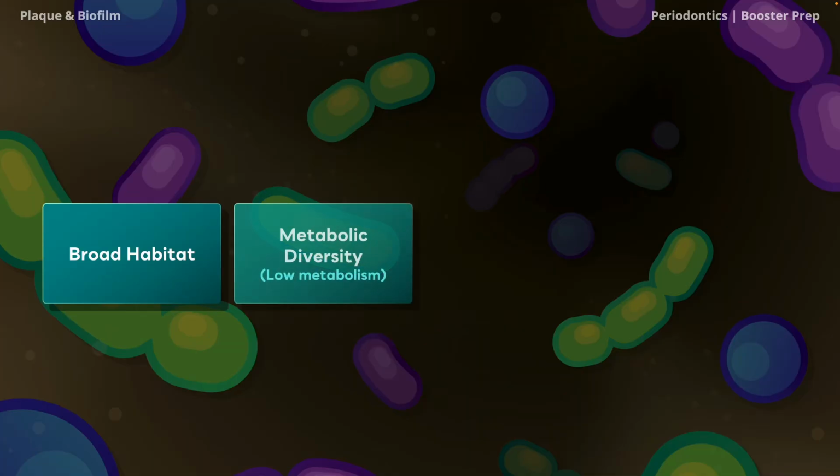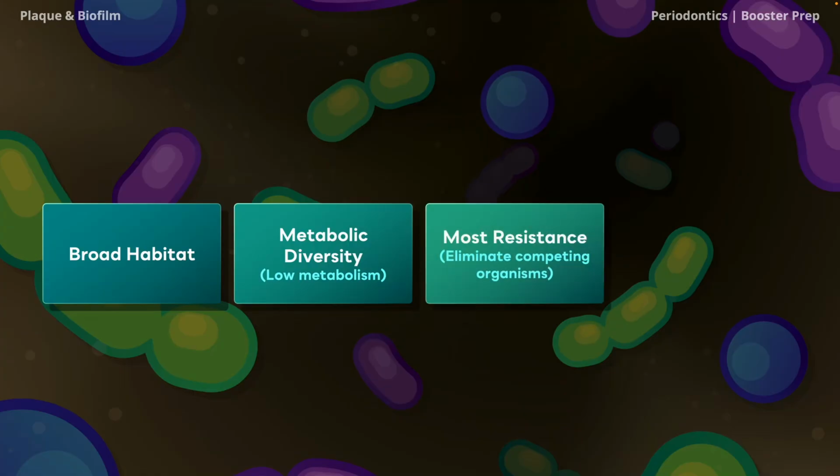The second thing I want you to remember is metabolic diversity. Biofilms are metabolically active and very efficient. Bacteria in biofilms share nutrients with each other. One species can have a byproduct that they don't need, and guess what? That's another substrate for a different species. So it creates this symbiotic food chain and improves efficiency since there's no wasted nutrients. Pretty cool stuff. And here's one twist students often miss. Even though biofilms are metabolically diverse, many of the bacteria deeper inside the biofilm actually shift into a low metabolism, slow growing state, and this makes them much harder to kill with antibiotics,